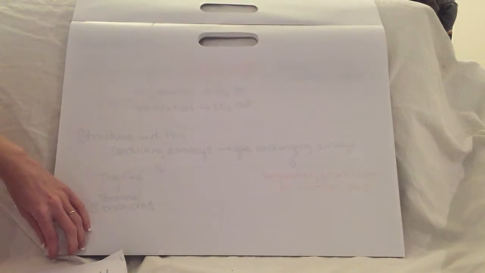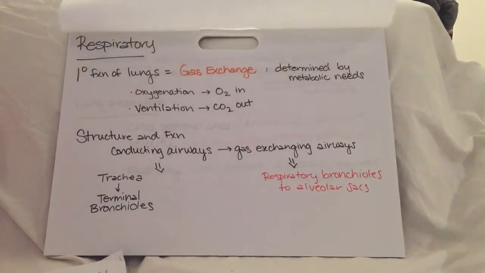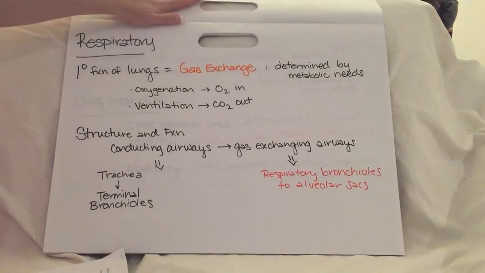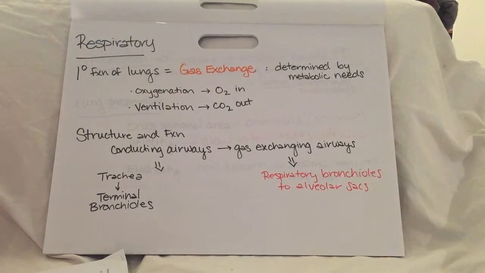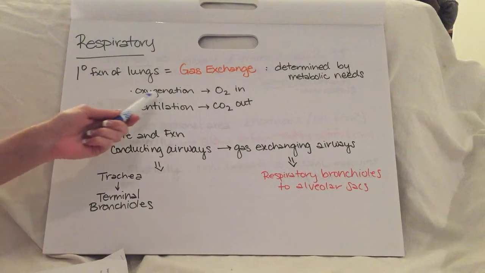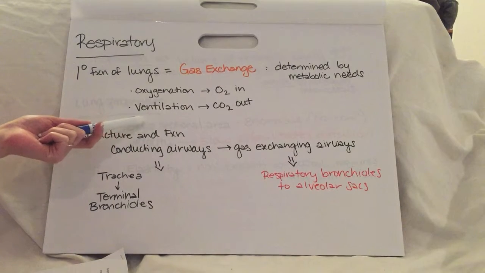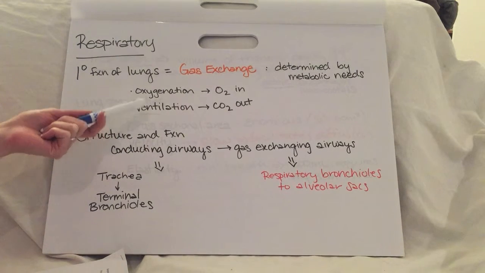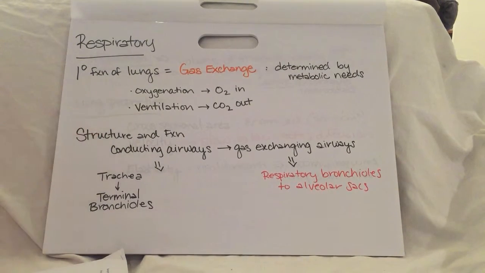The first thing that we need to remind ourselves when we think about respiratory physiology is the primary function of the lungs. In the lungs, function follows structure, and the primary function is gas exchange. There's two parts to gas exchange. There's oxygenation, which is bringing your O2 in, and ventilation, which is taking your CO2 out. Both of these are determined by our metabolic needs at the level of the tissues,